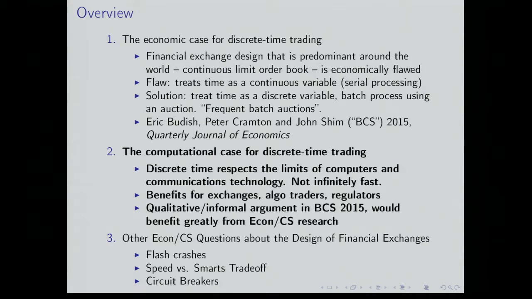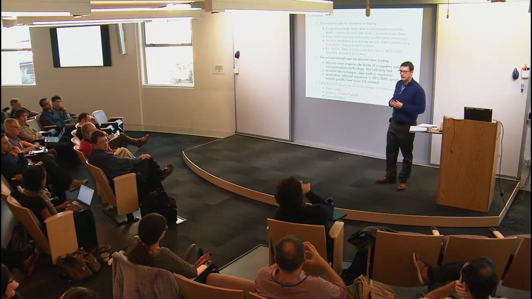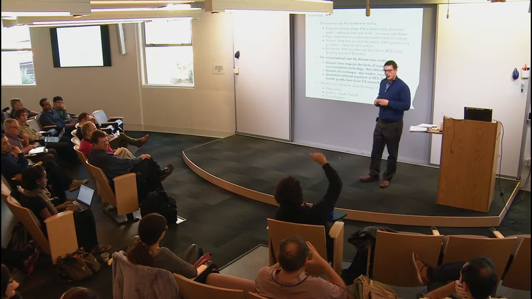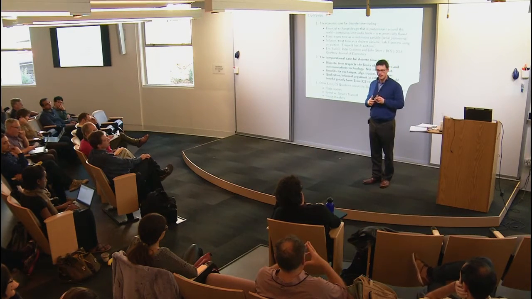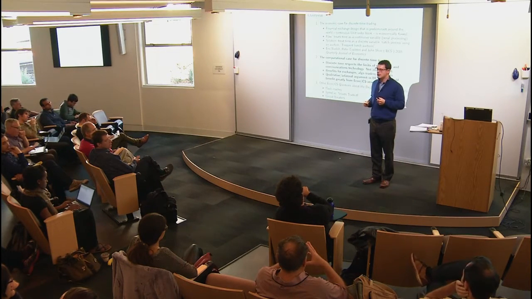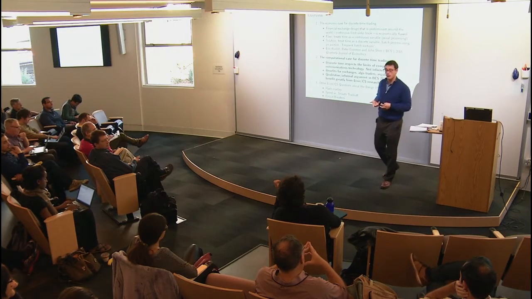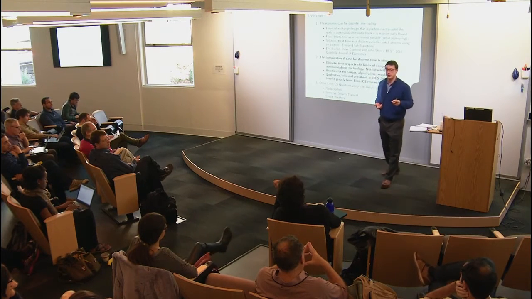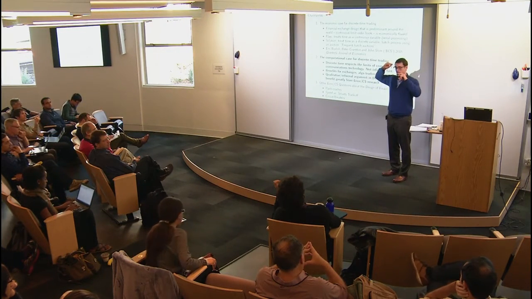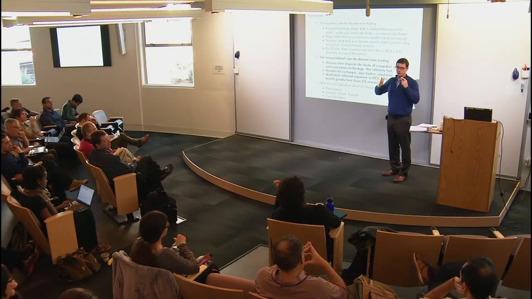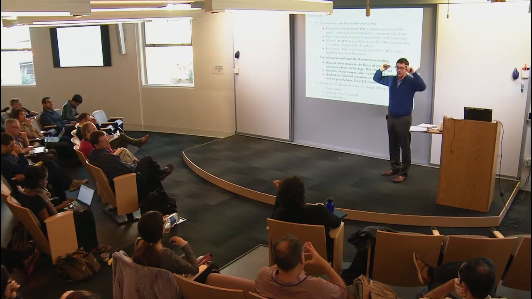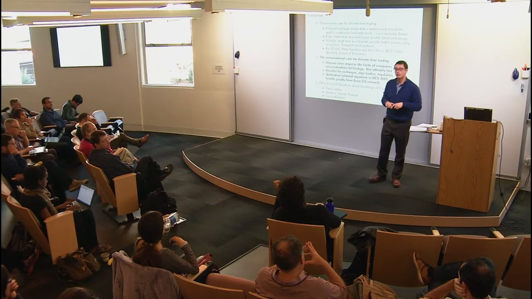Before you move on, there are still discontinuities in this model, right? There is some interval. If I fail to update my prices before the end of the interval, maybe you can snipe me. Right. So let's say that you're a millionth of a second faster than me, and that's a relevant time scale, by the way, in modern markets. Maybe you're 10 millionths of a second faster than me. If there's a news event in the part of the interval where your 10 millionth of a second advantage over me allows you to act, but does not allow me to act because I'm a little bit slower than you, then you may be able to snipe me.